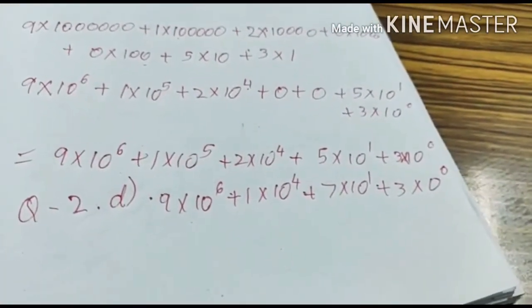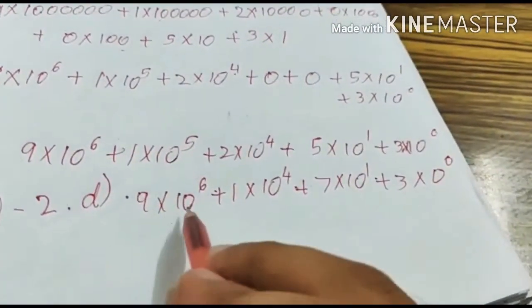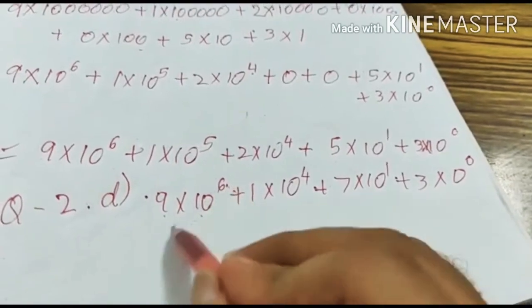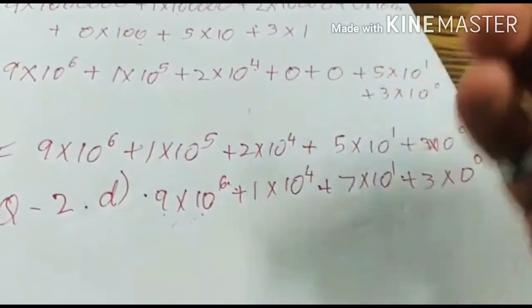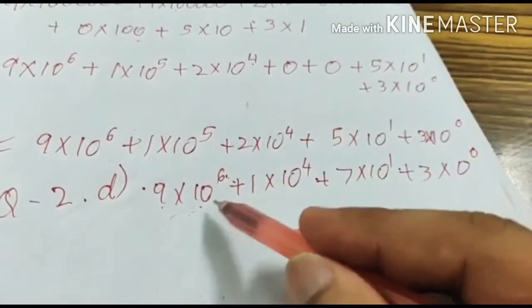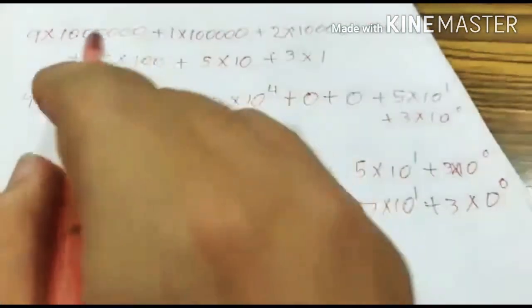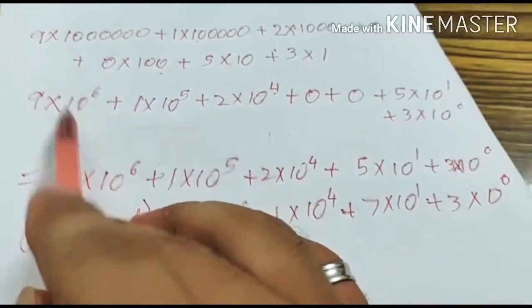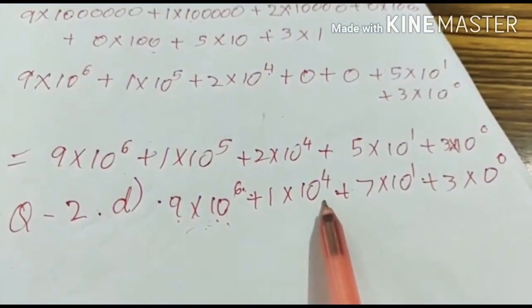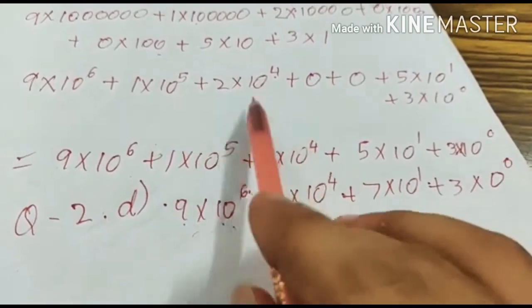So 10 to the power 6 means 9 into 10 lakh. 10 lakh was 10 to the power 6, so this is 9 into 10 lakh. 1 into 10 to the power 4,